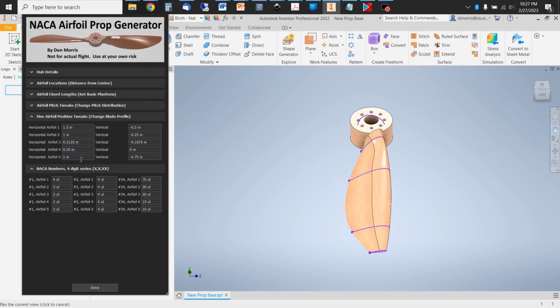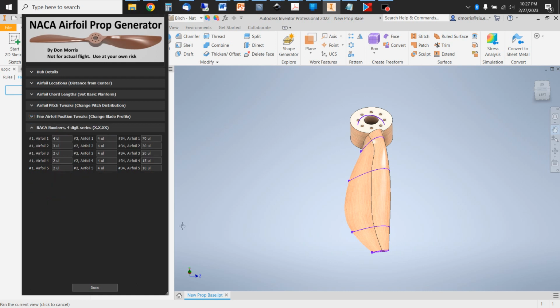Now, not really sure. I think I want that to go a little farther forward. How about 1.5? Yeah, that's a little more like what I'm looking for. I could maybe move airfoil 3 backward just a little bit. Let's go with 0.25. Just a 1/16 of an inch. You'll hardly be able to see anything, but we're talking fine tweaks here to try and make this thing into what it is that we want. All right, that gives me my basic blade shape,